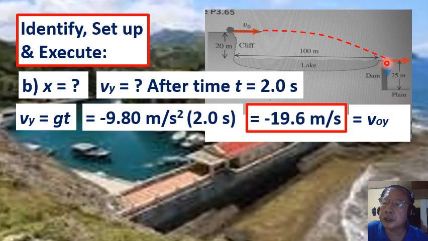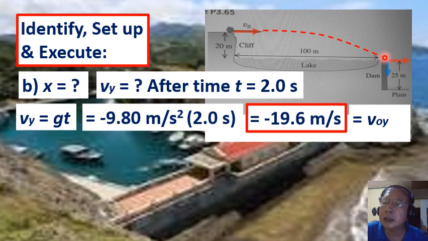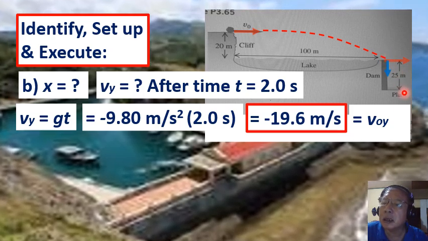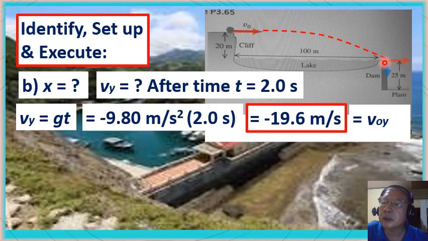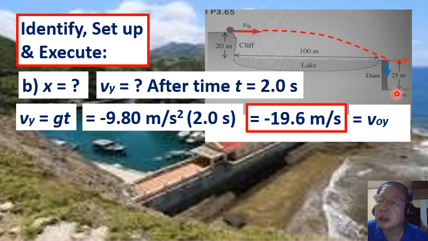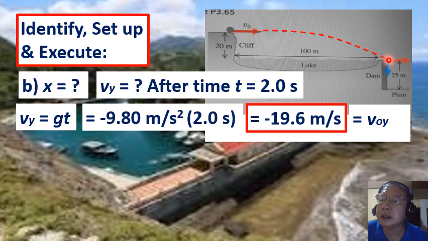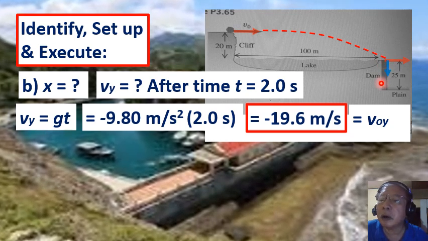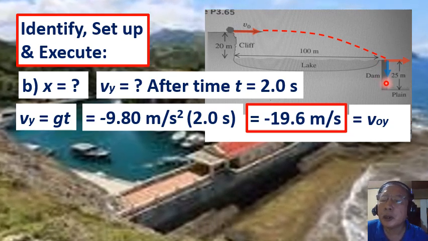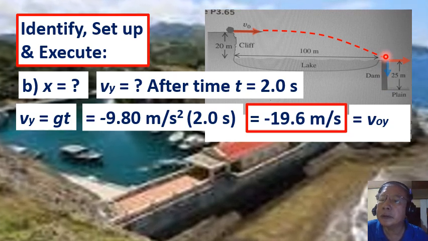If you're going to consider the motion of the rock falling through the height equal to 25 meters, that means at the top of the vertical dam,